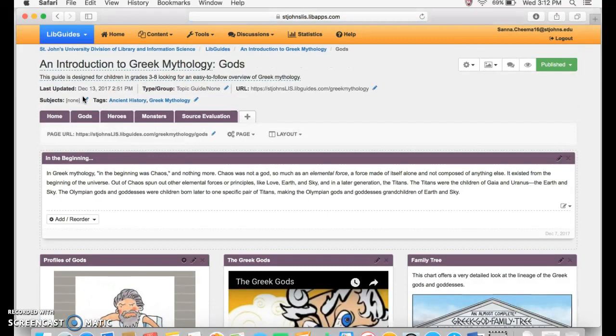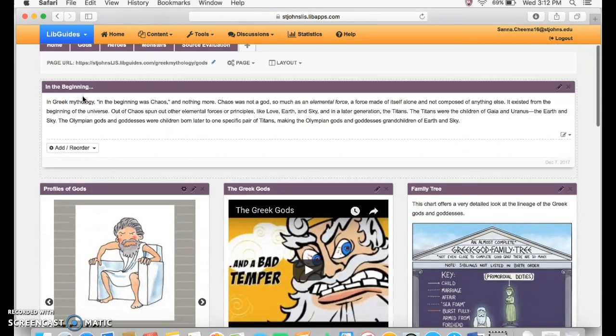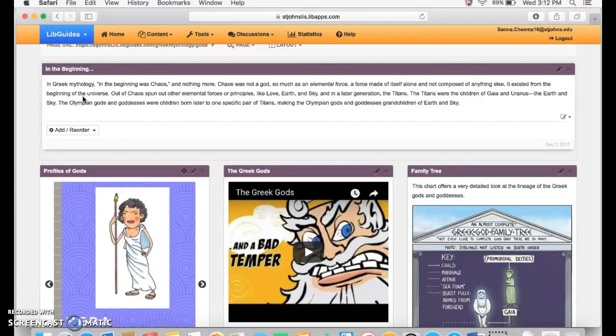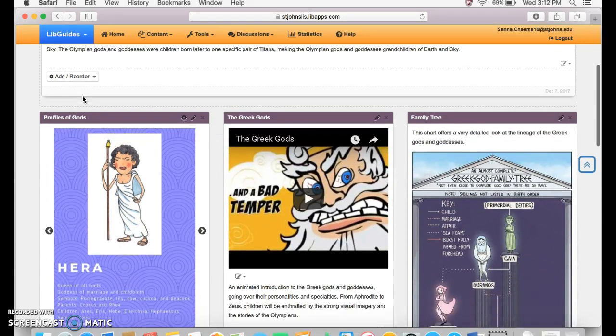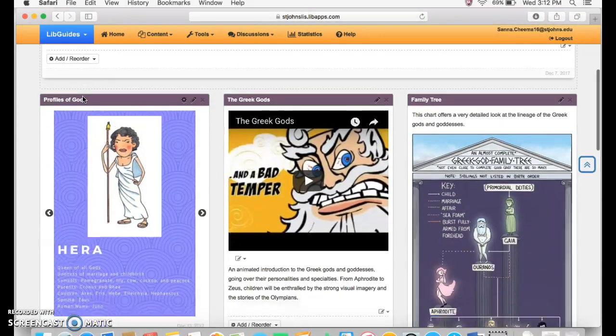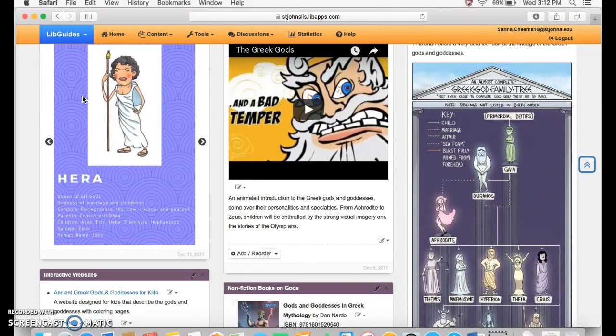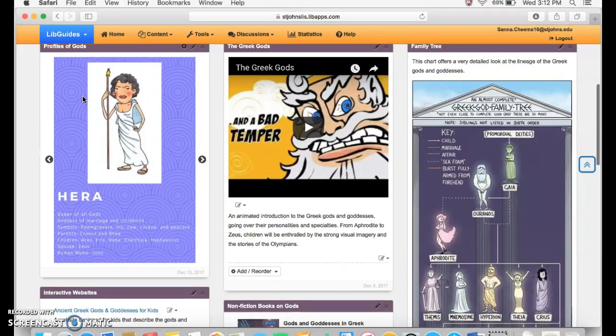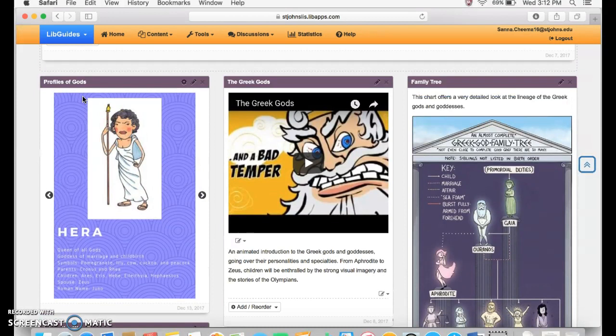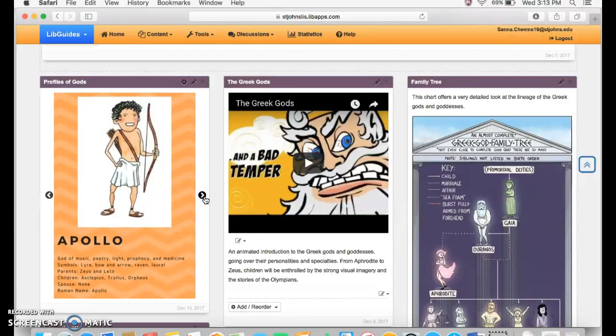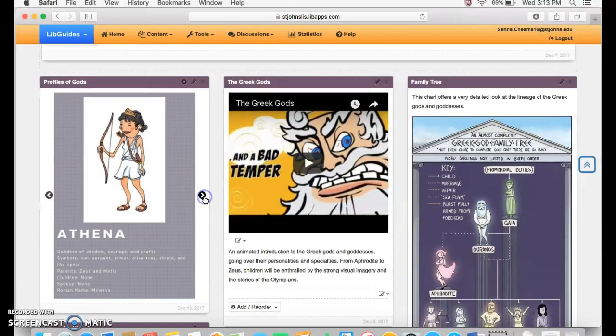Okay, so again, because this is a LibGuide that is designed for children, it is important to make it appealing to them, and pictures are some of the best ways to go about that. Making it colorful, making it entertaining as well as educational is very important. So one of the things I employed, which is one of my favorite features, is a gallery box, and I think kids would love this. Here I just have an overview of the gods, and it automatically scrolls too, which is pretty neat. But if you notice,